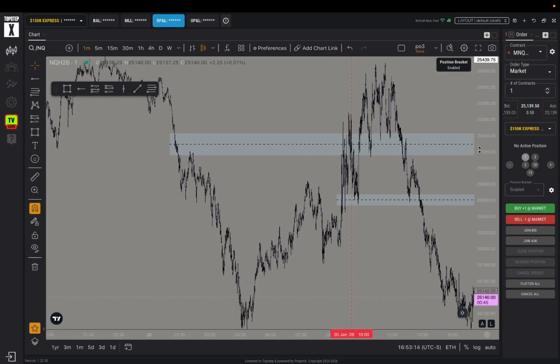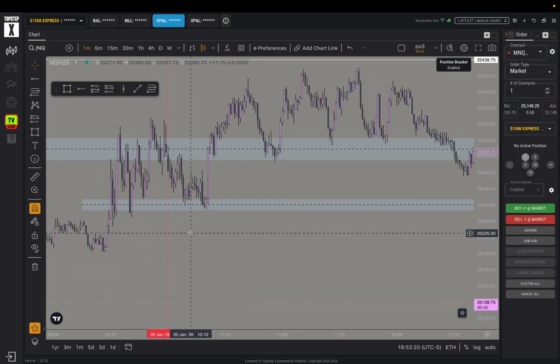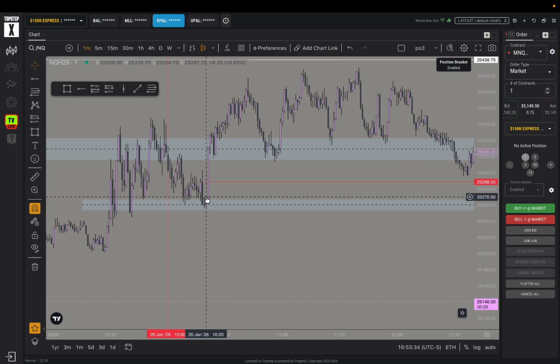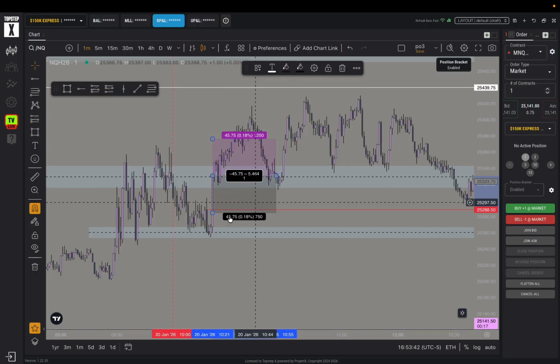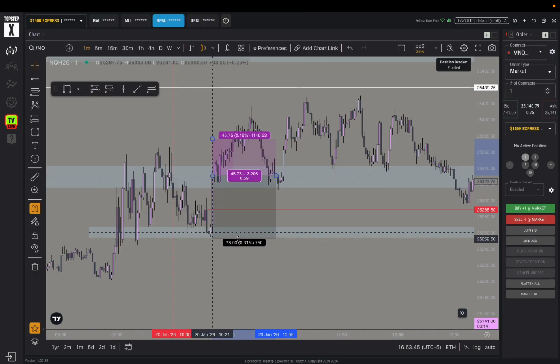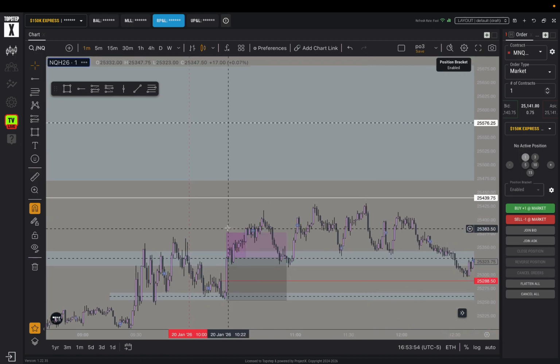so I scaled down to the 1-minute time frame, and we tapped it at 10:08. The CST was up here at that time, and then we swept it again, so we had a new CST here, and then Drake decided to come out and join the markets. This was a candle where we got the CST, so the entry was up here, but yeah, it's still valid. So this was my entry, stop loss around here, and my TP was that new week opening gap at first,